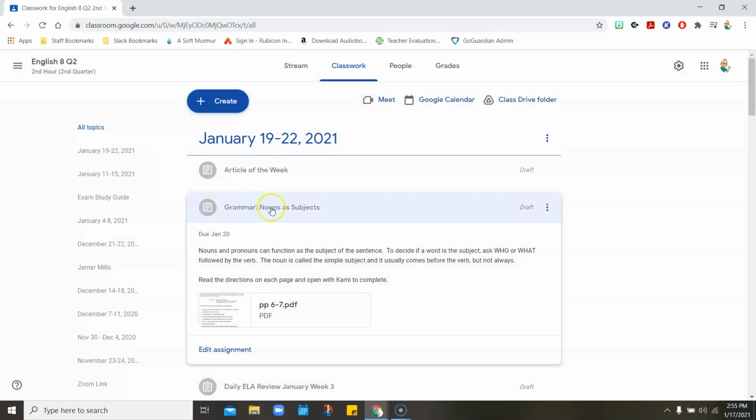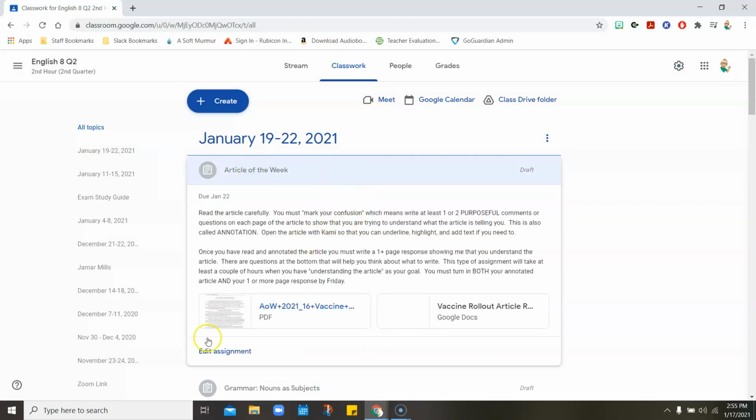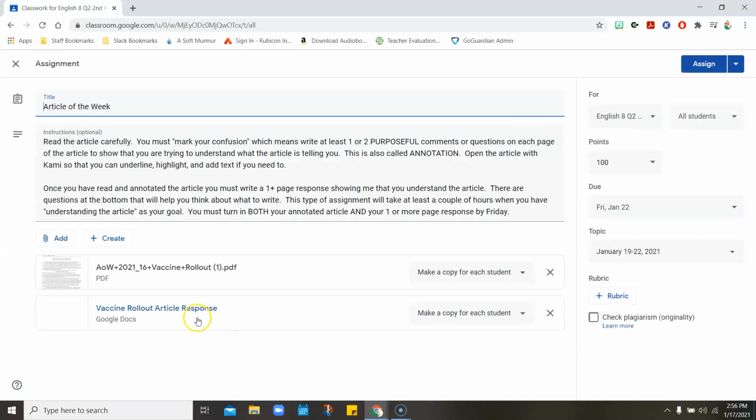And let's go back to what I wanted to talk about, which was the article of the week. So those of you that had me for 6th grade, we did articles of the week every Friday, and I gave you a little bit more information because you were 6th graders and 7th graders, and I kind of asked you questions that proved to me that you read the article. Well, now that you're 8th graders, the articles that I'm posting are a little more in depth, and they require me to understand what you understand. So you have to express your understanding of these articles in a couple of different ways.